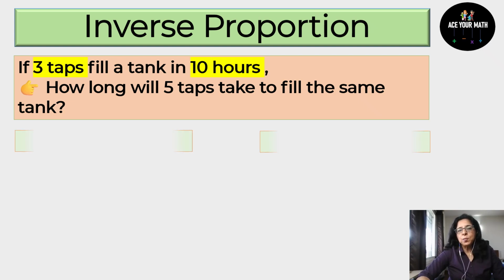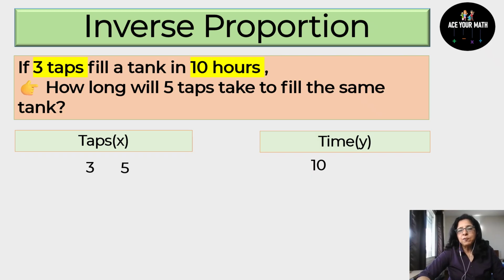Okay. Now first of all, make two sides there, taps and time. Taps I'm representing by x and time I'm representing by y. What is given to you? See, 3 taps. So write down 3 there under taps. How much time is it taking? It is taking 10 hours. So write 10 on the right side. Now how much time will 5 taps take? So write 5 under taps. And how much time do you need to calculate? So I'm representing it by y. Okay, and both these equations are equal. So you can put that